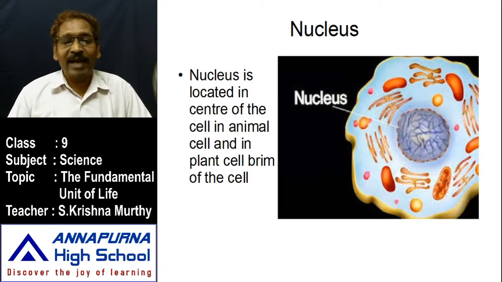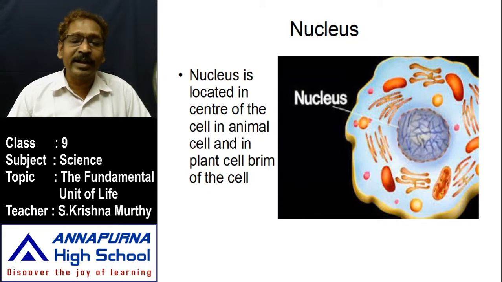The cytoplasm has a number of organelles. What are they? Previously we learnt about ribosomes, lysosomes, endoplasmic reticulum, smooth and rough endoplasmic reticulum, vacuole, chloroplast, plastid, chromoplast, leucoplast. Everything is present in the cytoplasm. Here, the nucleus, wherever it is present in the inner part of the cell, is enclosed with a two layered membrane. How many layers are there? Two layers. The nucleus is enclosed with a two layered membrane.